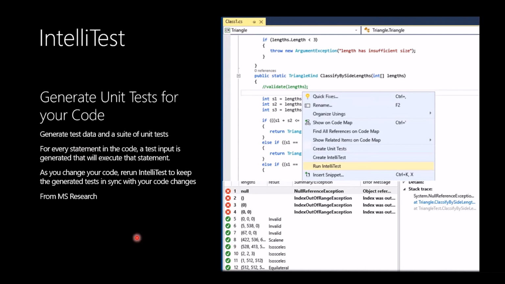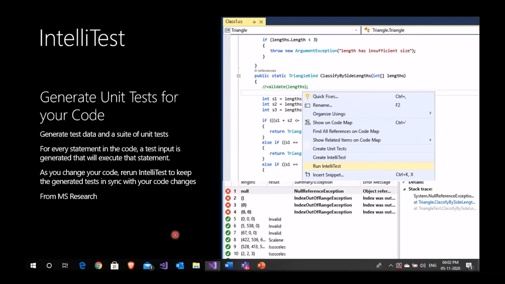The only thing you want to do is create an IntelliTest and run it. You can see it right here: Run IntelliTest. It will give you all the test cases. It will analyze your code, and if there are any passed test cases, it will show them. If there is any exception, it will give you a failed test. We'll go back to Visual Studio and see a quick demo on this.